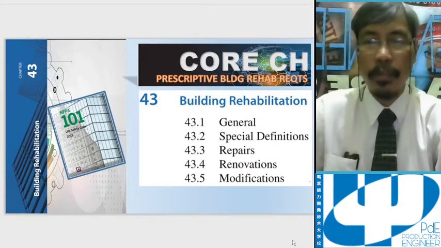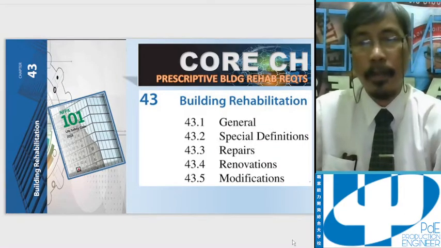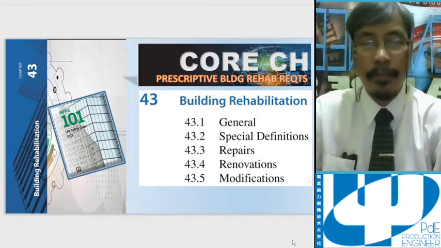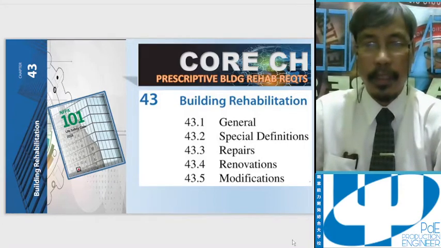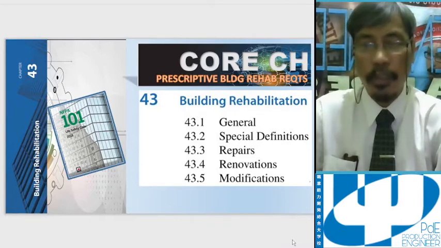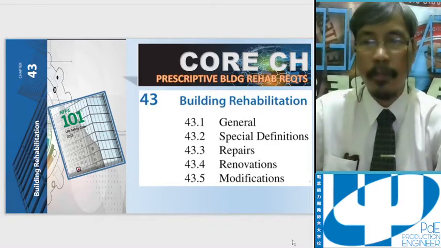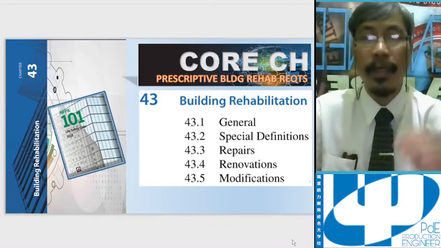Building rehabilitation is provided for in Chapter 43. It is titled Building Rehabilitation.